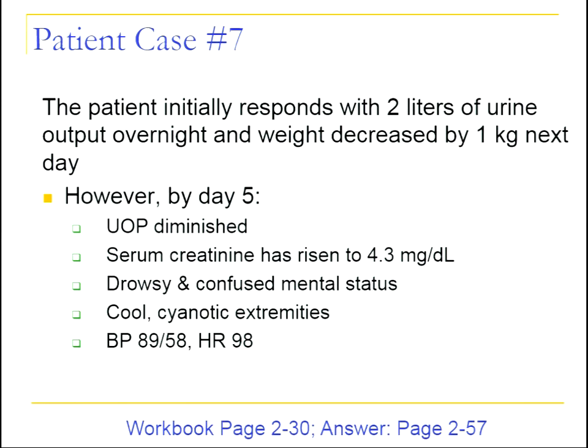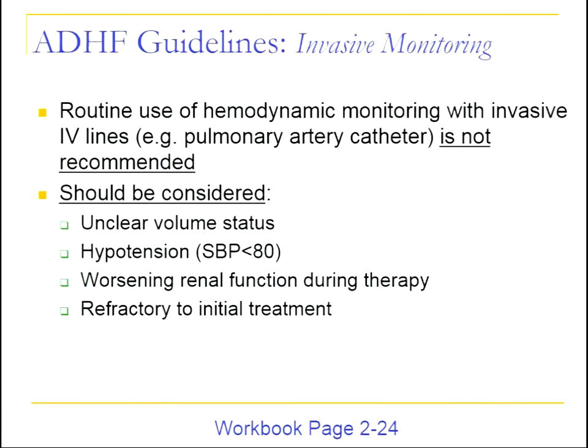And so now you're in a situation where you are either going to consider putting a Swan-Ganz catheter in, or you're going to automatically assume that he is hypoperfused, and you're going to go ahead and start treating him with an inotrope. Pulmonary artery catheters are not used as commonly as they used to be. They're not recommended first line, but sometimes we'll put one in if we're not sure if we've been too aggressive